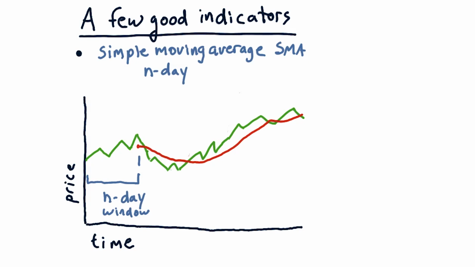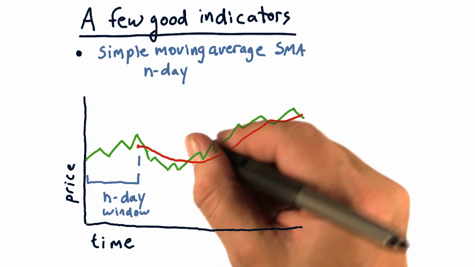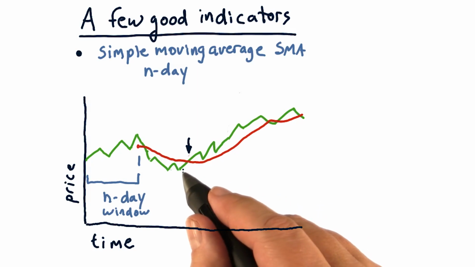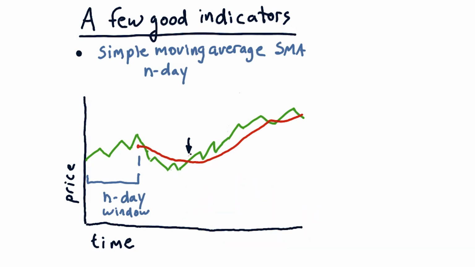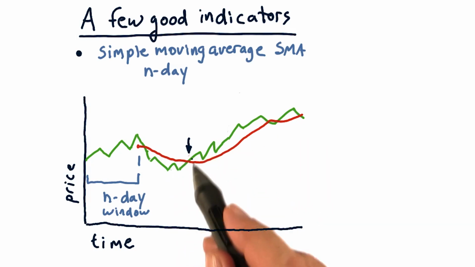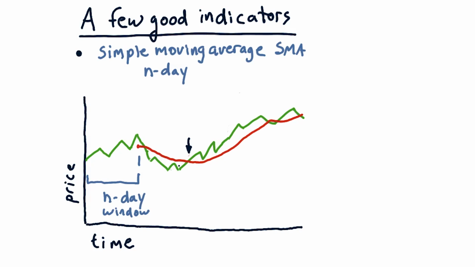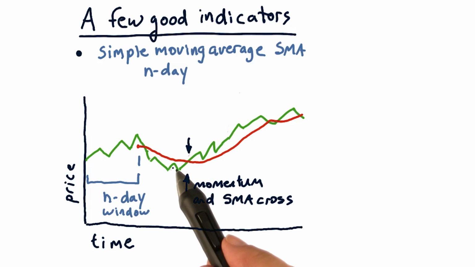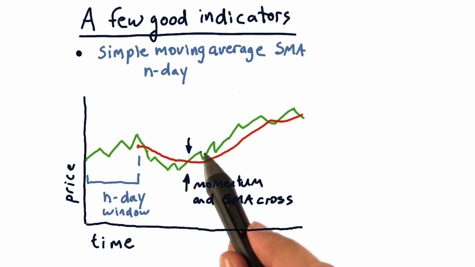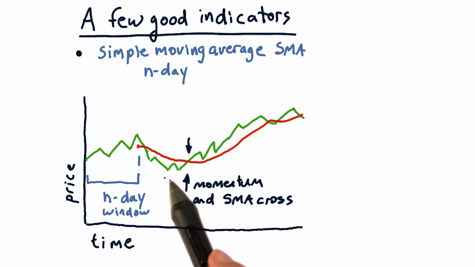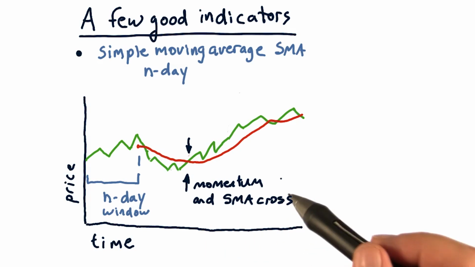There are at least two different ways that technicians use simple moving average as parts of trading strategies. The first is they look for places where the current price crosses through the simple moving average. Those tend to be important events, especially if the average is over many, many days. If you combine that with momentum, in other words, the price has strong momentum and it's crossing through that simple moving average, that can be a signal. This particular crossing, where the price goes through the simple moving average, doesn't really illustrate strong momentum because it just started going up. However, when you do see strong momentum crossing those lines,